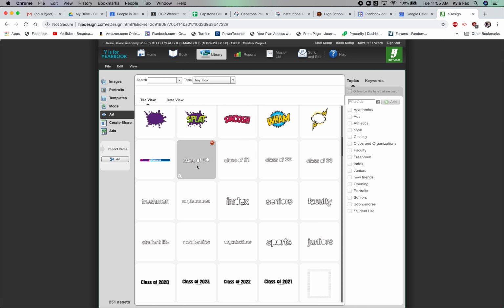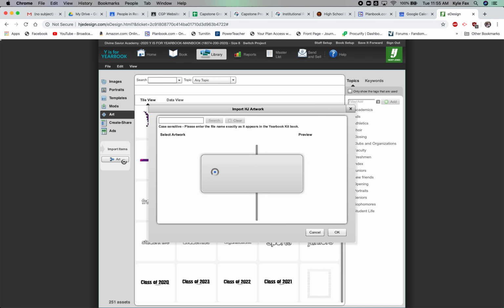And you can label it too. So if you want to be able to find this for athletics or choir or the closing pages, whatever, you can add it and tag it with that. So we'll do seniors and we'll put that one right there. Now if you click seniors in the book part, you'll be able to find that easily. But if you want to add other things too, what you can do is click this import items